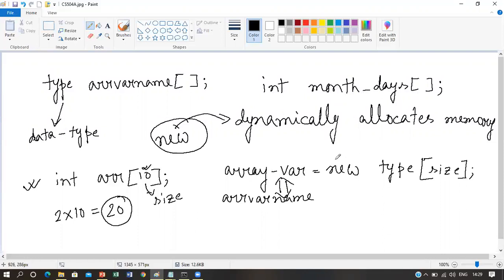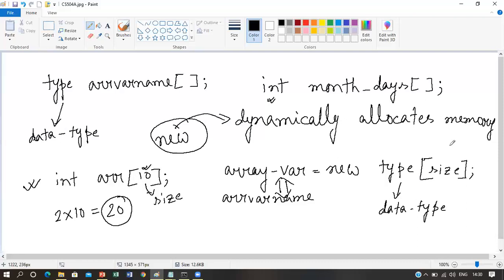New will dynamically allocate memory for this array month days, and type is the data type that you have used here. So you have used int here, so there should also be int. So this is the data type of the elements that can be stored in the array.